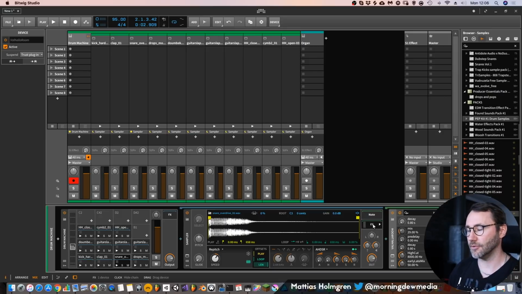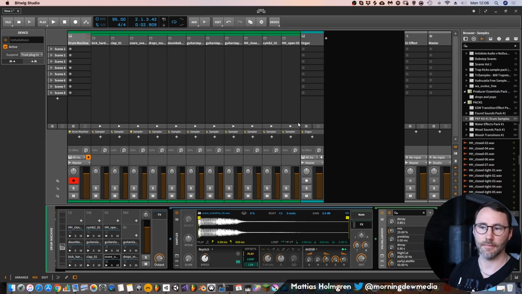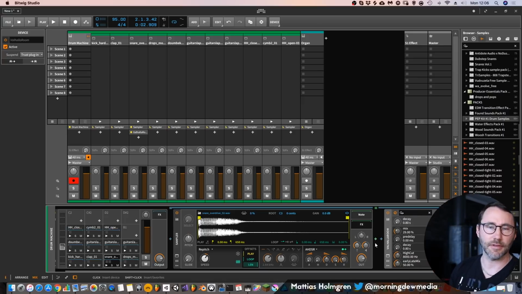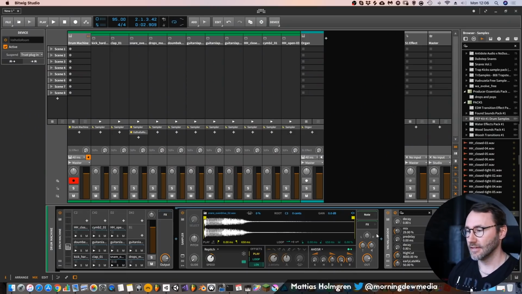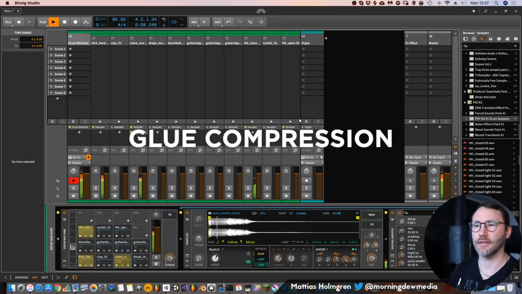So keep that in mind if you want to be able to edit your effects within the mixer also. So keep the samples at the slot view, so they are contained within this blue line rather than within this effect slot. That makes it easier if you want to go ahead and work like the old ways with the mixer. So that's something to keep in mind while working with the drum machine. Okay, so let's continue and add some mixing to this drum track.